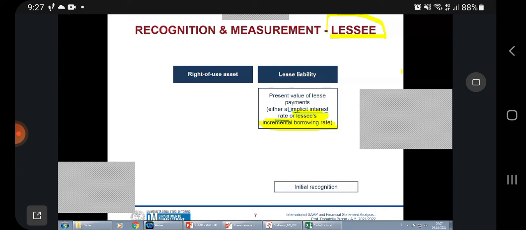If the lease term, the rental of the car, is for 6 years, and you have to pay in total, I don't know, suppose 500 euros per month,